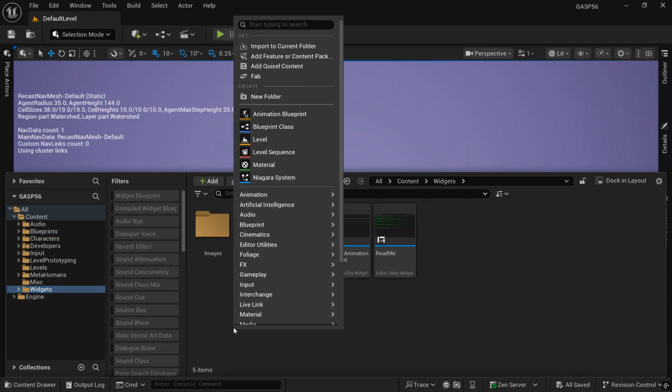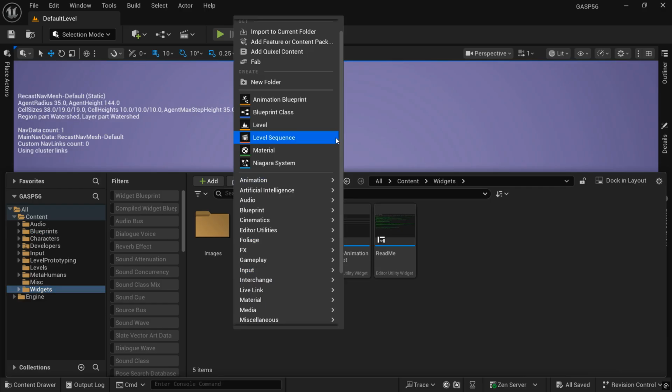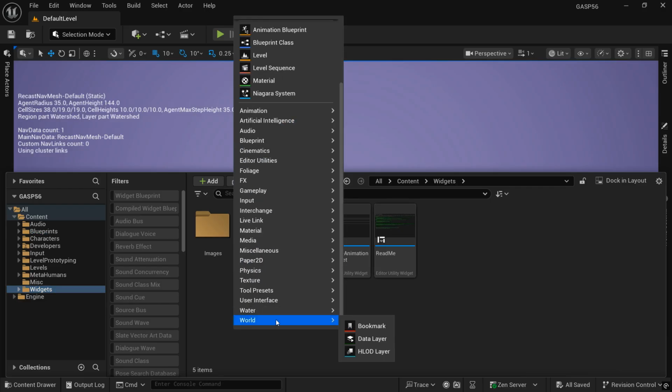Okay, so now instead of using the print string hello, let's make it a little bit nicer. Let's create a widget where we can talk to the guy. We can just say, hey, follow me, or hey, never mind. All right, so let's go ahead